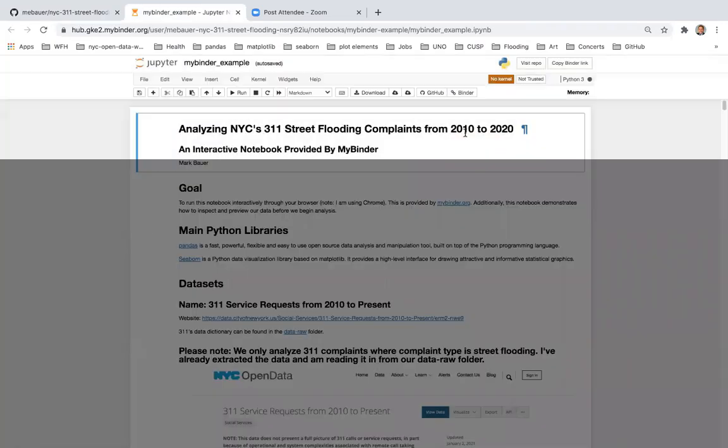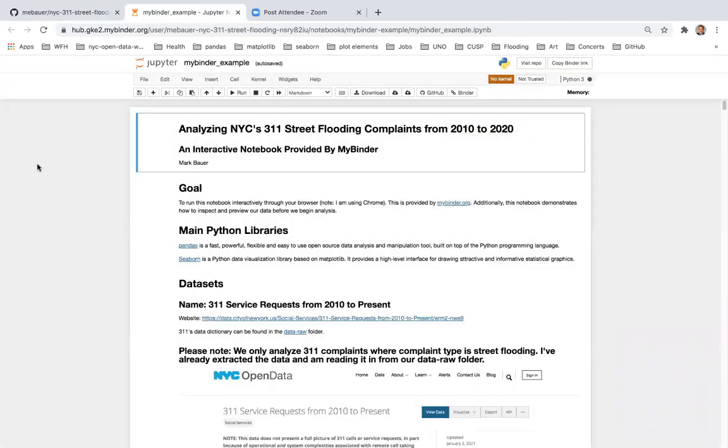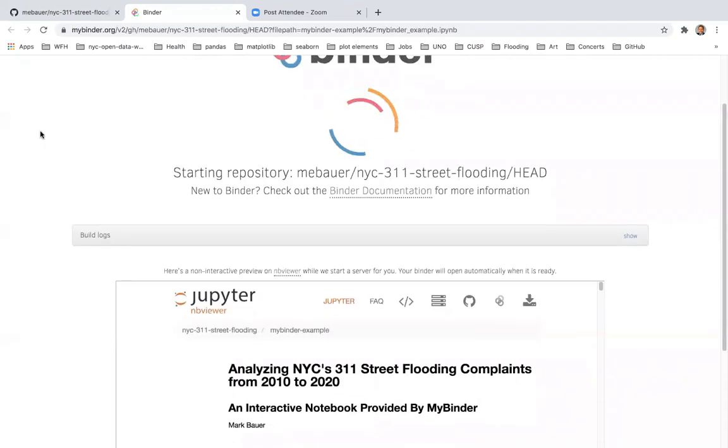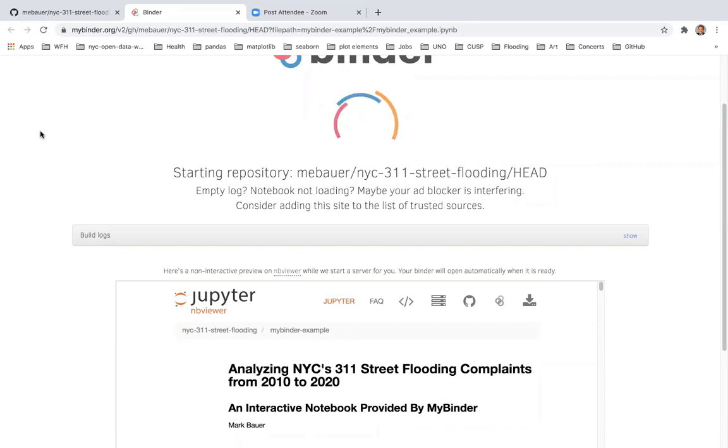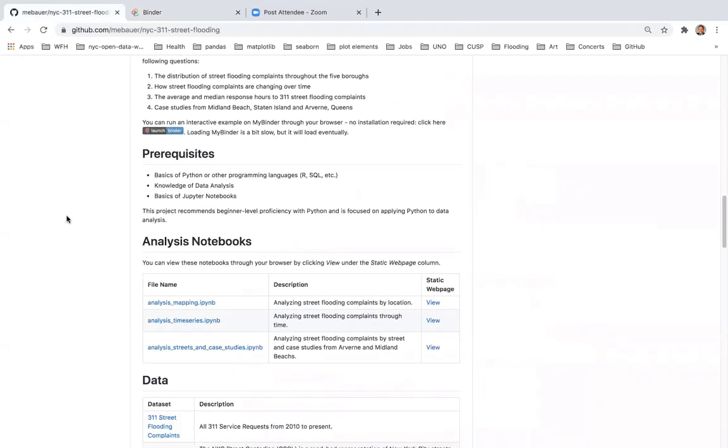Oh, restart. We're starting now. So all of this code is interactive. It's open source. I provided an example with all of the packages installed, the correct Python version, and creating a binder file, it does take a while, but if you do want to inspect the data in an interactive way, this will eventually load. So, okay, some of the prerequisites of this project, I would say the basics of Python